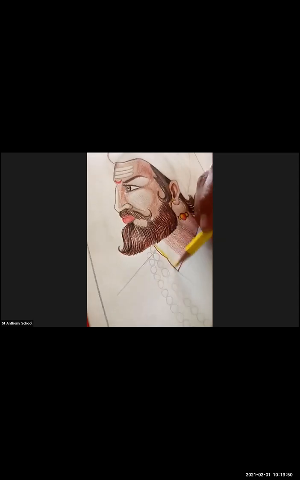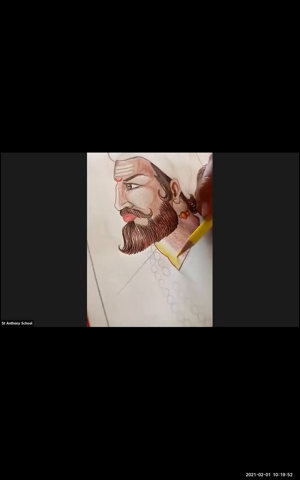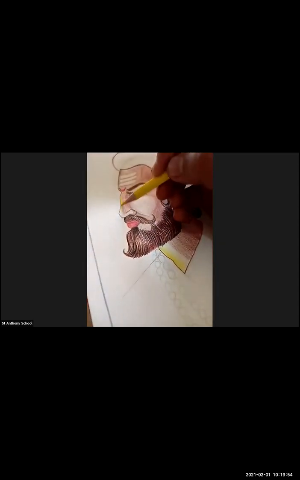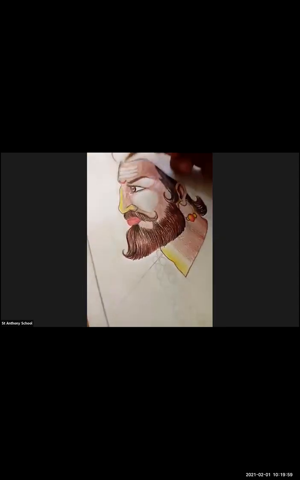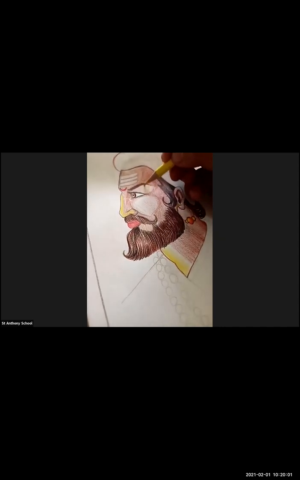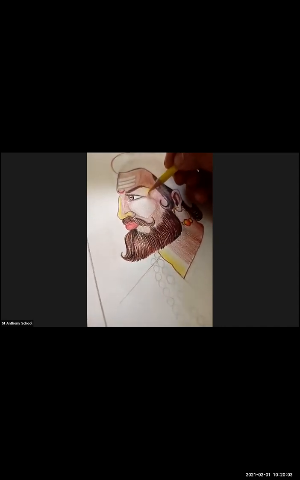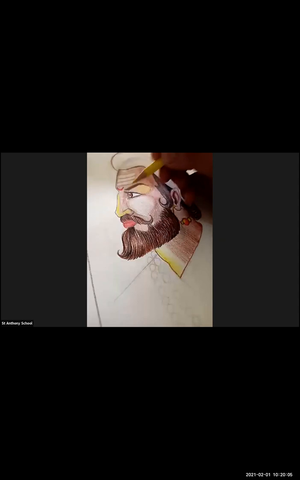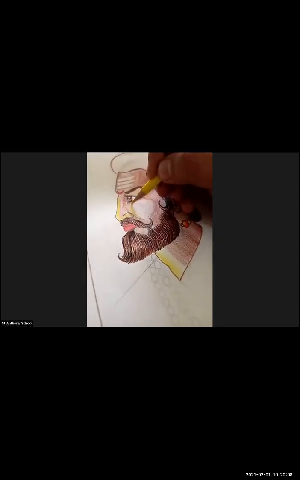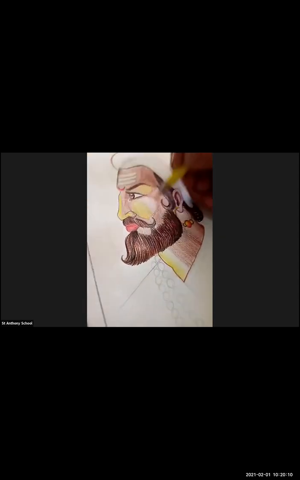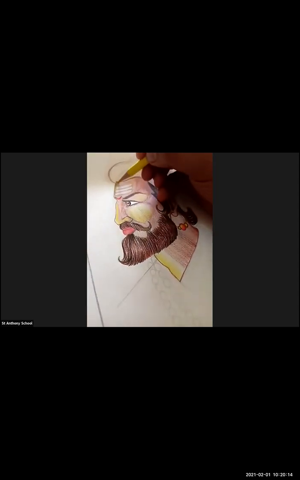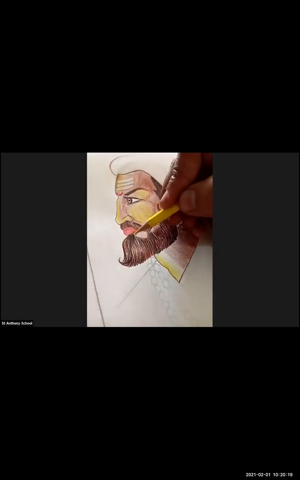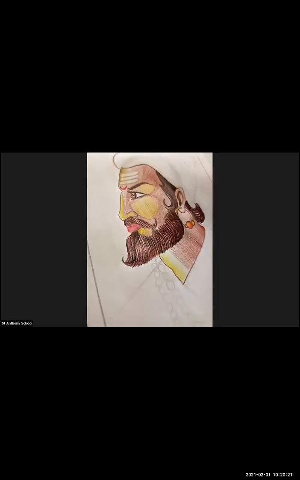In this part, I'm showing the light. So here I'm adding yellow color. Okay. In this part, I'm showing the light areas where the light is falling. So that's the reason it's yellow in shade. Just look at this.